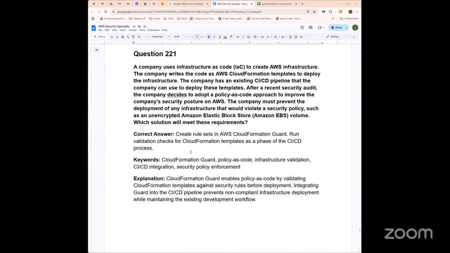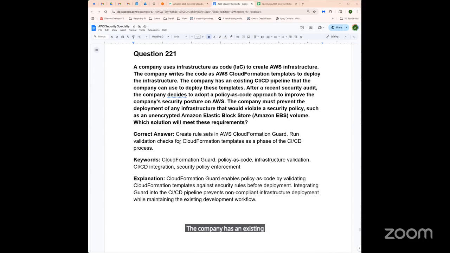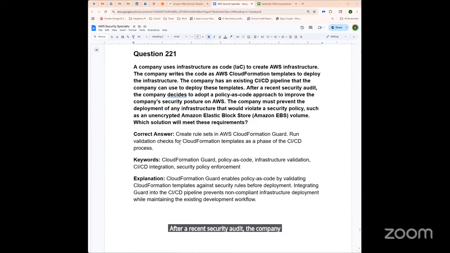A company uses infrastructure as code to create AWS infrastructure. The company writes the code in CloudFormation templates to deploy the infrastructure. The company has an existing CI/CD pipeline that the company can use to deploy the templates. After a recent security audit, the company decides to adopt a policy as code approach to improve the company's security